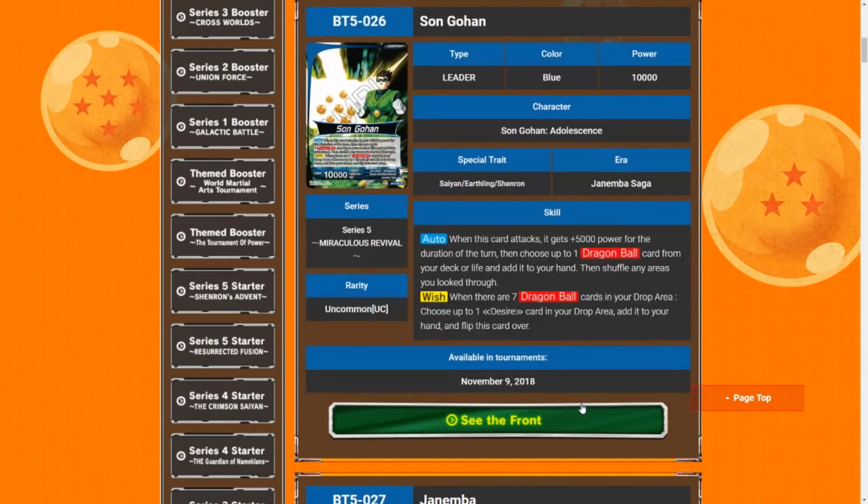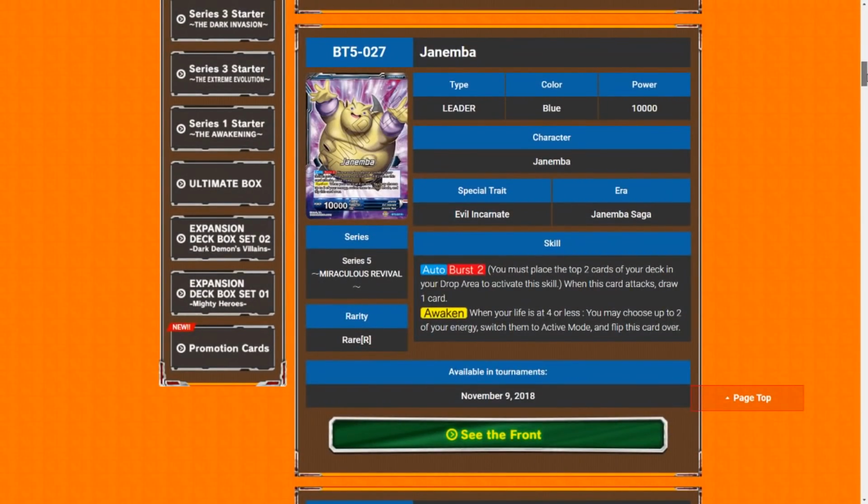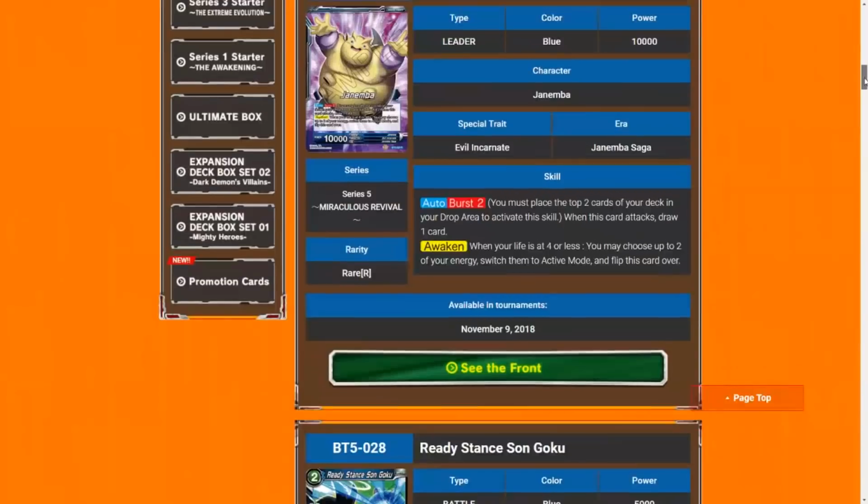But he does get to attack, and he is a blue leader, so he does have access to all of the blue goodness, like unyielding. So 3 and then unyielding. That's pretty dope. Anyway,